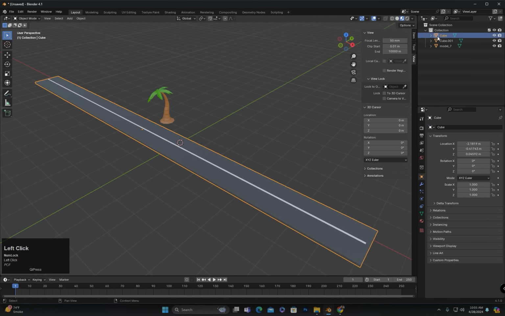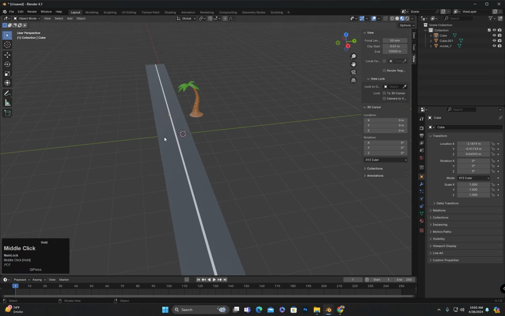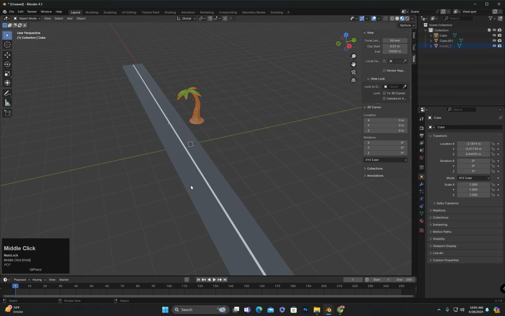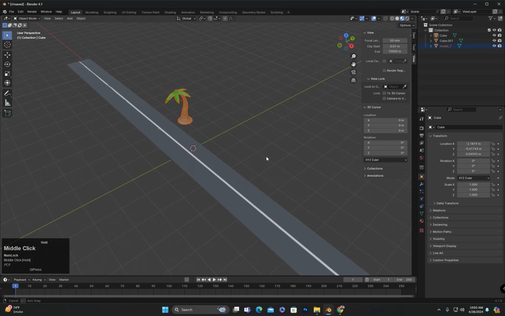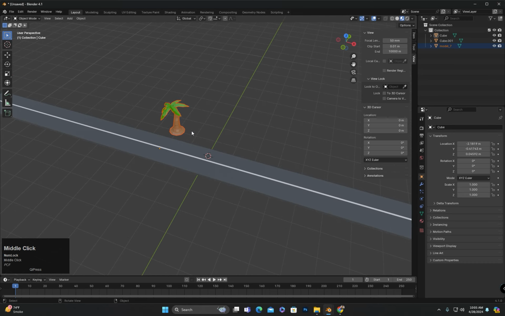For example, I have this scene where I have designed a low poly road and tree. I will duplicate this tree and place it in different locations along the sides of the road. So I will create a linked duplicate because the first benefit will be that the data will remain the same, which means the file will not be heavy and the PC will not have to calculate it separately.